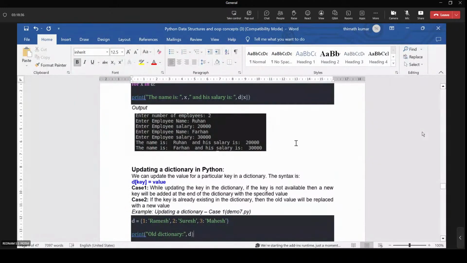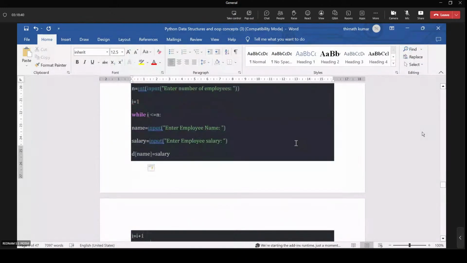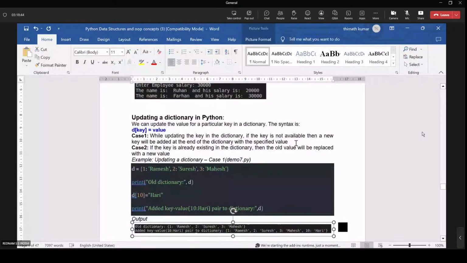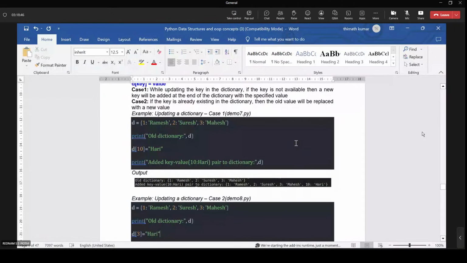Next one is updating a dictionary in Python. There is a dictionary consisting of 3 records, 1, 2, 3. I want to print the existing dictionary as the old dictionary, and I want to assign Hari as D of 10.